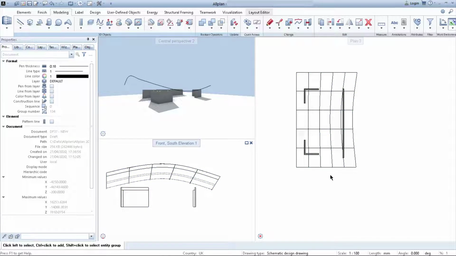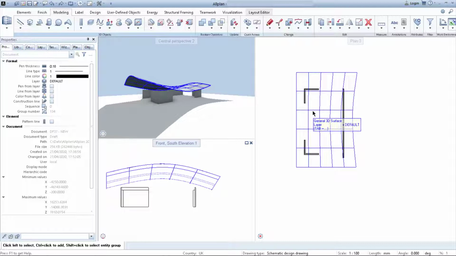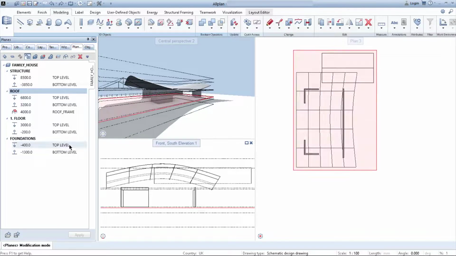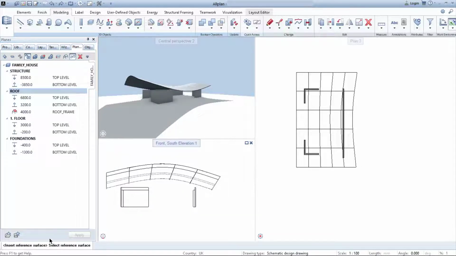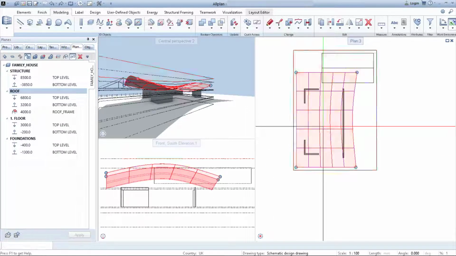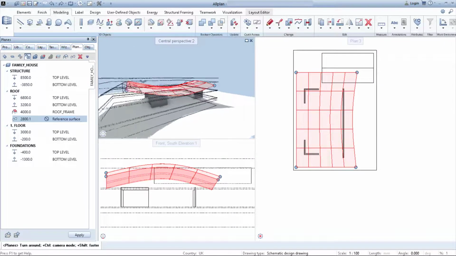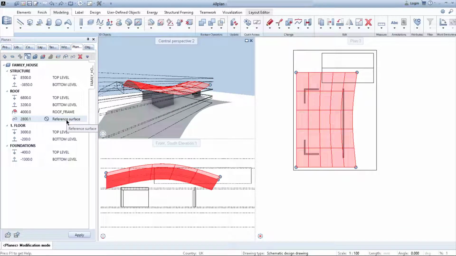The other way to make your reference surface is by using the new plane function. When you go to planes, you need to unlock planes so you can edit them, and then you click insert or replace reference surface. When you click on this, Allplan asks you to select a reference surface. Then you just simply click on the general 3D surface you created, and as you can see, it is defined as a roof, and you can see it in your planes as well. So what you need to do is just state a name for it. Let's say roof